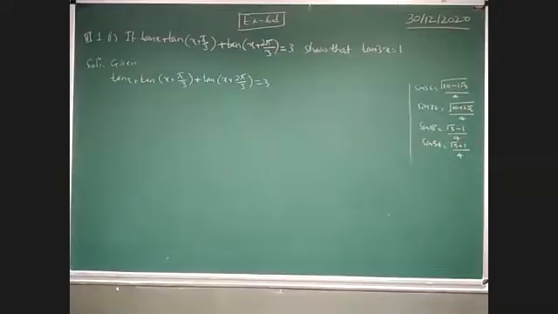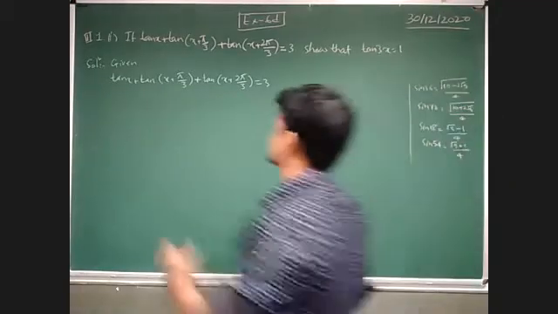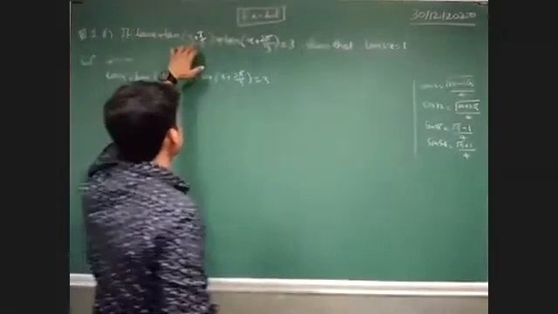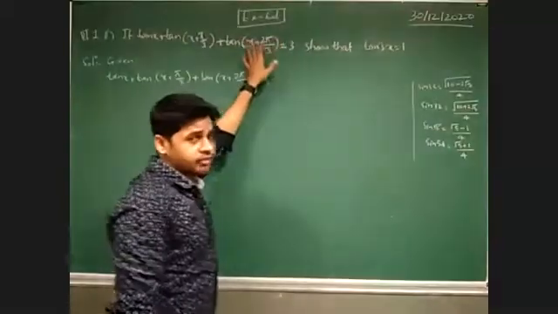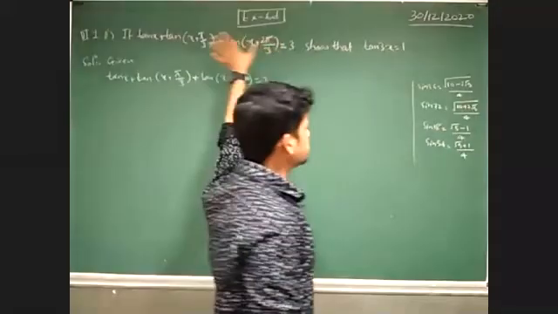Okay, so here we are. The question is: tan x plus tan(x + π/3) plus tan(x + 2π/3) is equal to 3, and we have to show that these terms